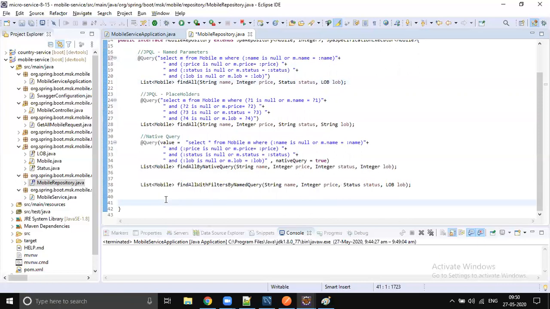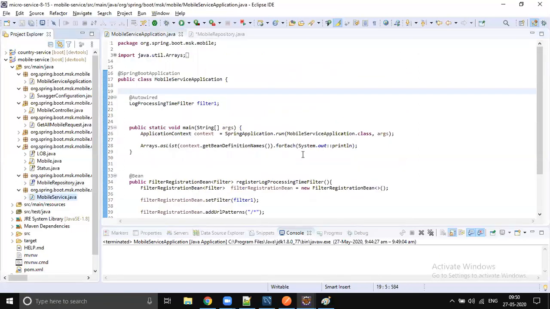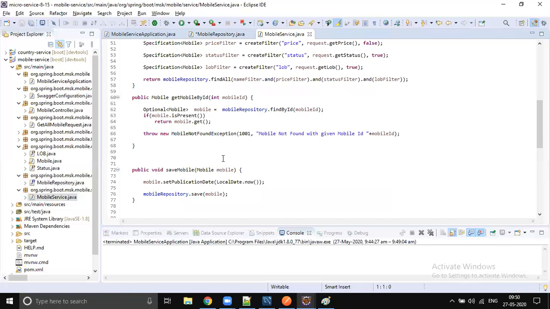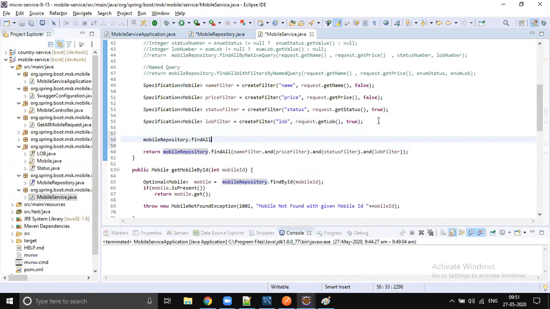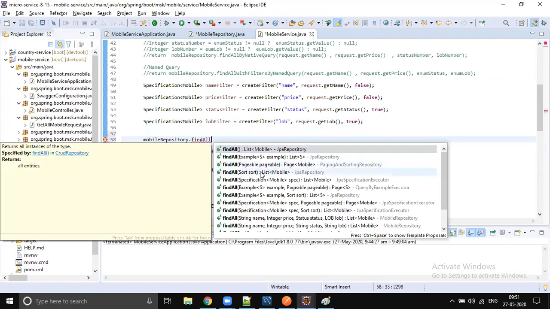For example, let's get all the mobiles sorted by name, right? Yeah, we already have that method, right? Find all by sorting is there. Okay, let's go to the service and you can check where findAll with sorting is. Find all, right? So you just check that method is already available. So findAll with sorting is already available. Sorting can be mixed with the specification also. So let's keep the specification as is.